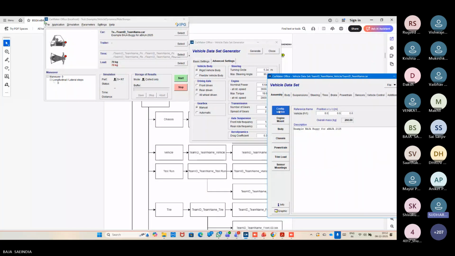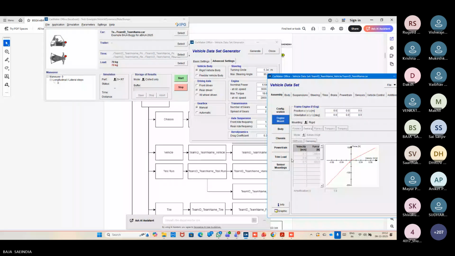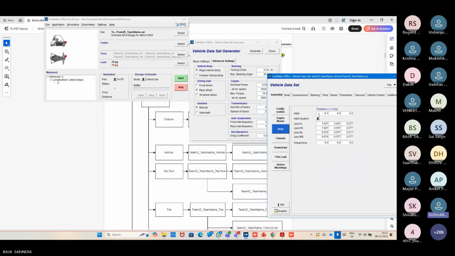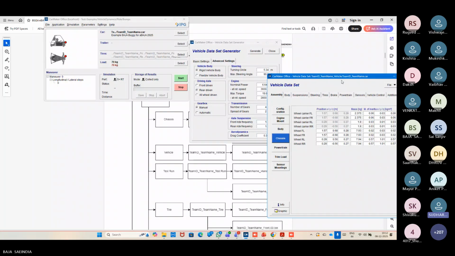After generating data, then the engine mount. So with this engine mount, we can define the engine position in the design. Then coming to the body, here we can leave it as it is. For the chassis,